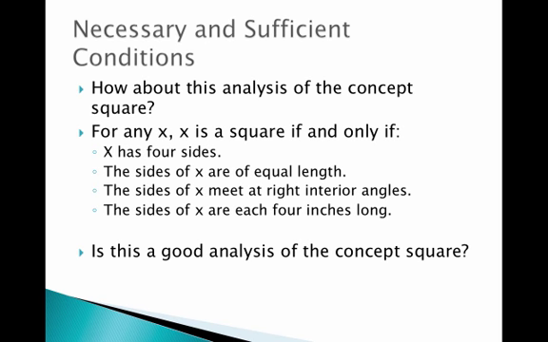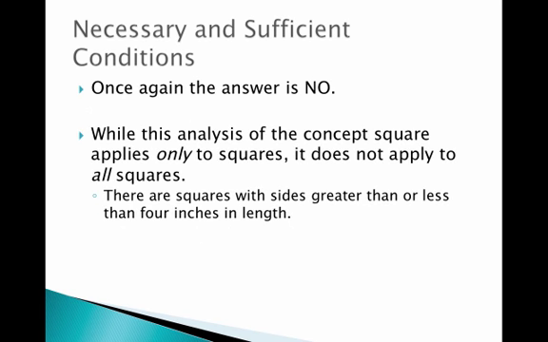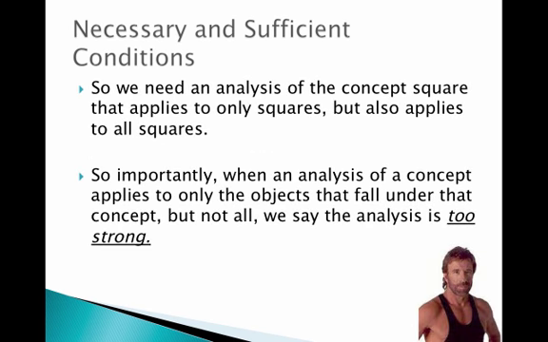Not all squares. Only something with 4 sides of equal length that meets at right interior angles that is 4 inches long is a square. But the problem is, it doesn't apply to all squares. There are squares with sides greater or less than 4 inches in length. So that conceptual analysis fails as well. So we need an analysis, then, of the concept square that applies to only squares, but also applies to all